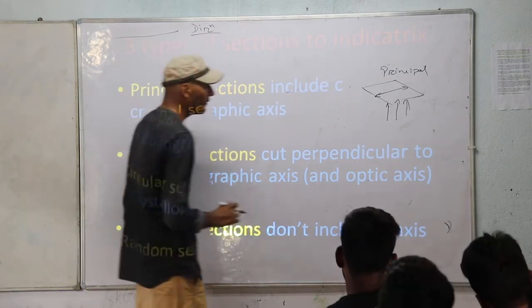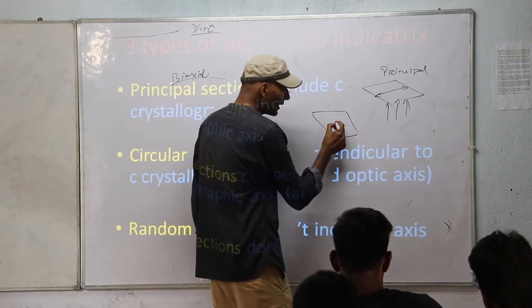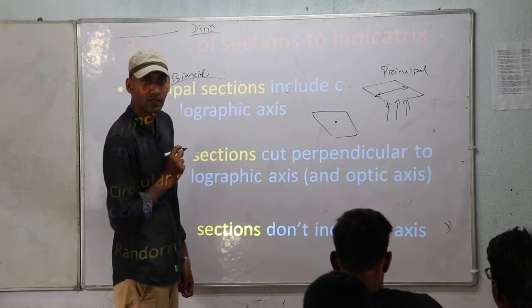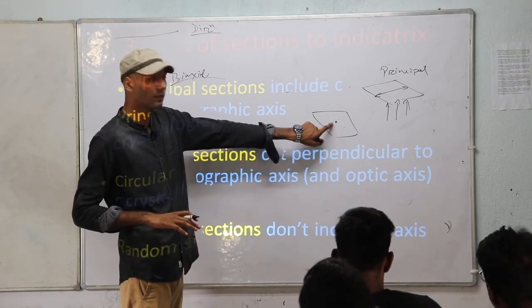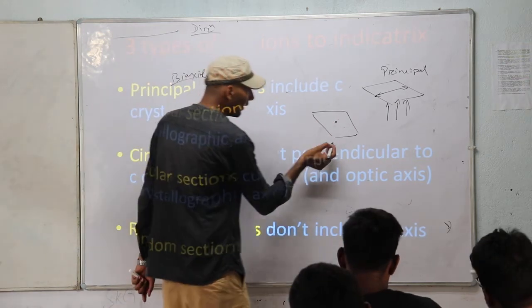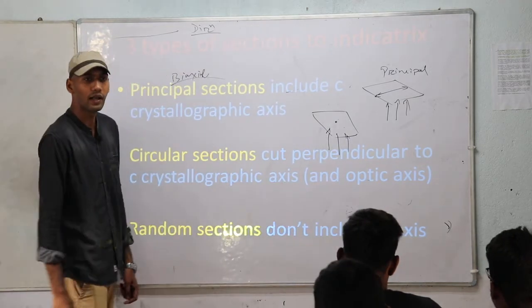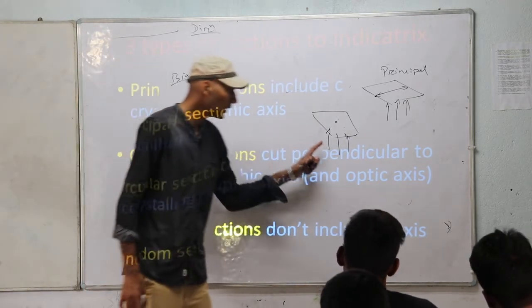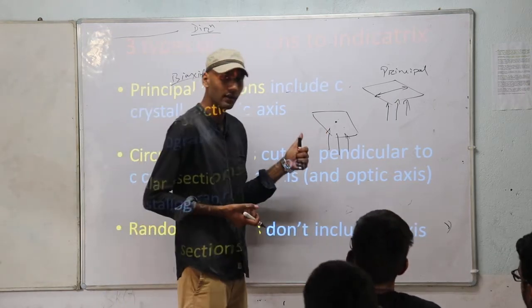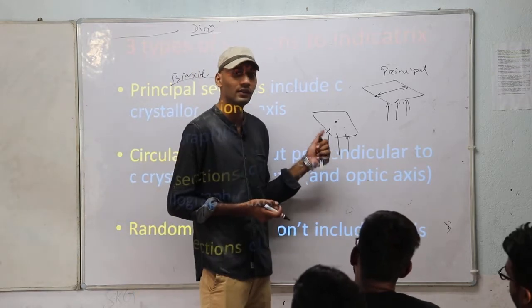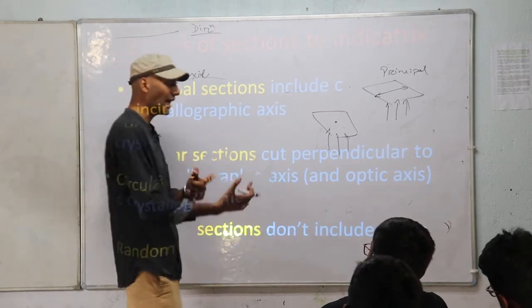Talking about circular section, what happens? The mineral is like this on the stage, the optic axis is like this. If I cut a section which is perpendicular to the axis, the axis is a line, so that will show a point. If I make the light ray pass here, those are parallel to the optic axis. So if you are viewing a circular section, or a basal section of a tetragonal mineral or hexagonal mineral,